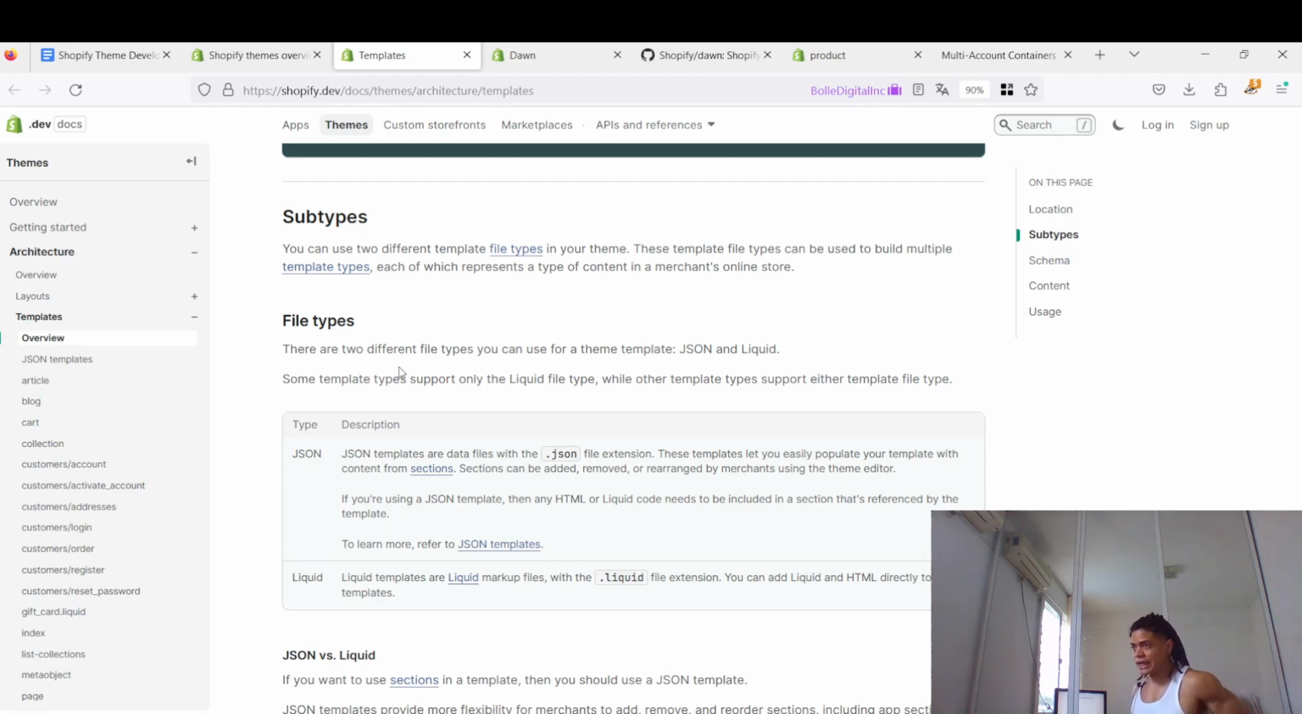The two file types you can use for a theme template are JSON and Liquid. JSON templates allow you to control the look and feel for merchants, so they can easily modularize, and easily add and remove content in the online store using sections. So knowing this,